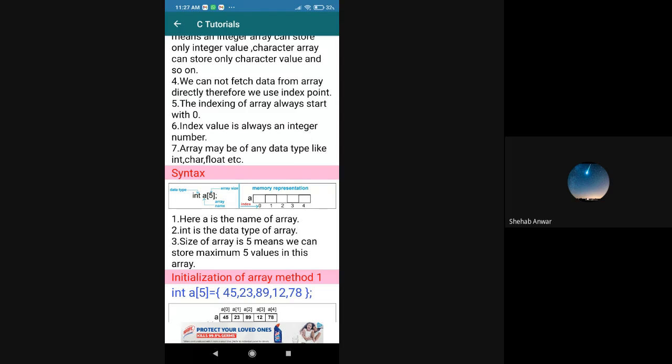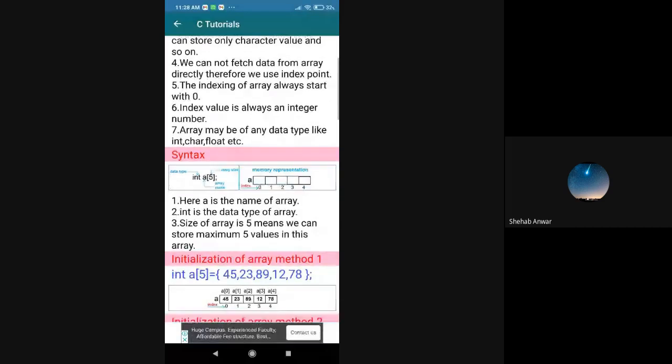Because here you can see 10, 20, 30 are the same kind of numbers. The values are different, but they are all called numbers. So we make one category and say it is an integer. How will I declare it? With square brackets. I'll say int a[5]. Now 5 is the size, which we call the array size. int is the data type, a is the variable, and 5 is the size.